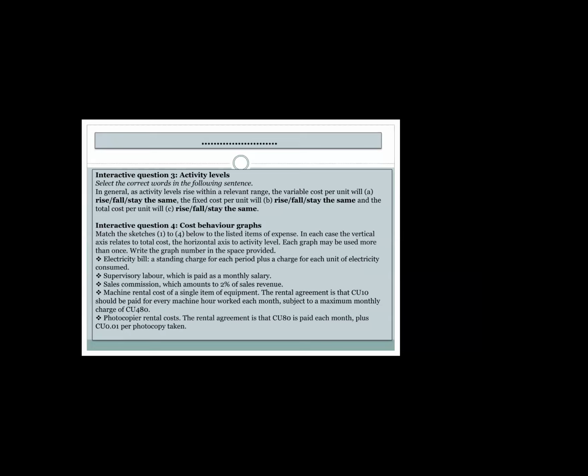Relevant range means a level of activity up to which fixed cost is fixed. So whatever activity you do, your unit price may go up or down, but total cost for the company remains the same. So in general, as activity level rises within the relevant range, the variable cost per unit will